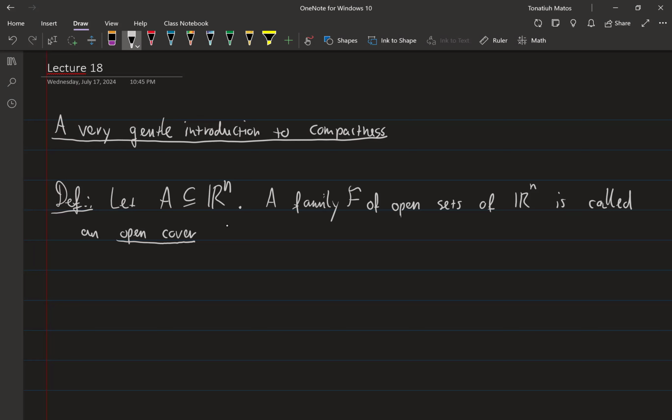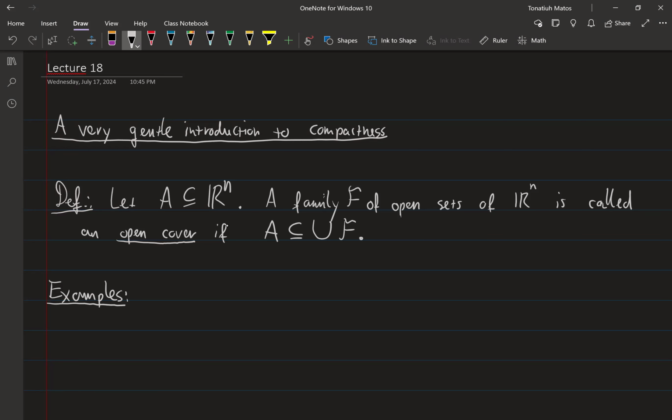but I don't want to get into that because it's not really important right now. It's called an open cover if the only thing we need an open cover to satisfy is that every element has to be in open sets, right? We are just talking about open sets, and they need to cover A, meaning if I take the union of all these elements, then A is contained there, right? It doesn't have to be equal because that would mean that A is open. I don't know if A is open, but this is an open cover. So let me give you some examples and some non-examples,